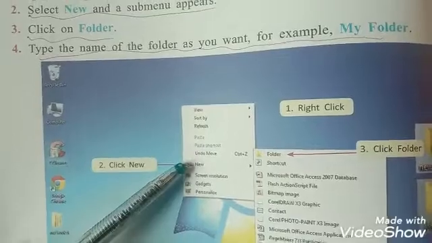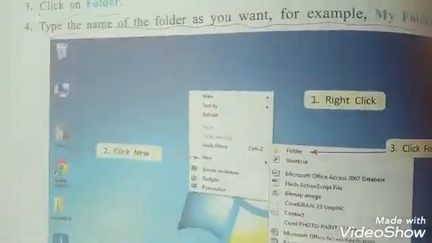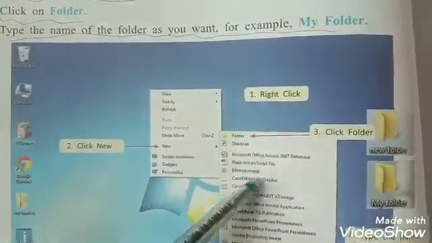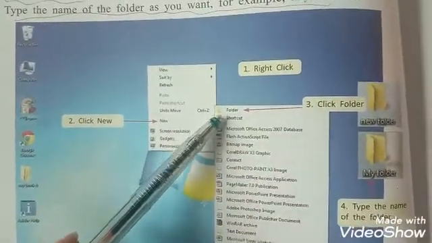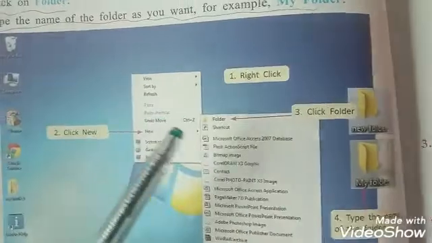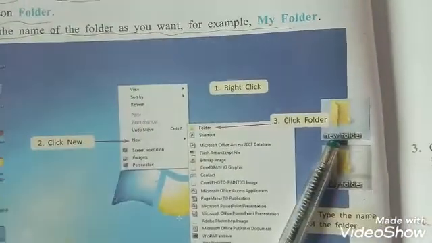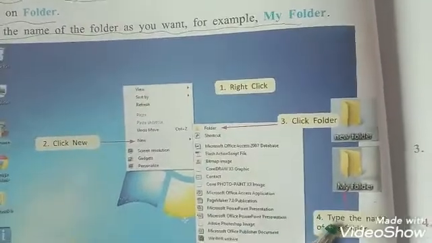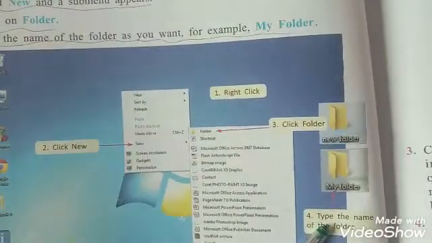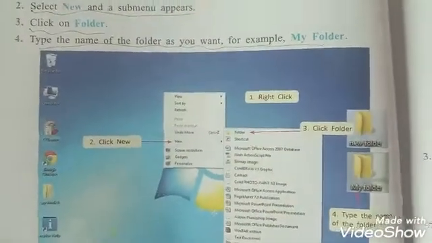Click new. When we click new, this menu will appear on your screen. Click the folder. This type of picture will appear on your computer screen, and type the name of the folder which you want.